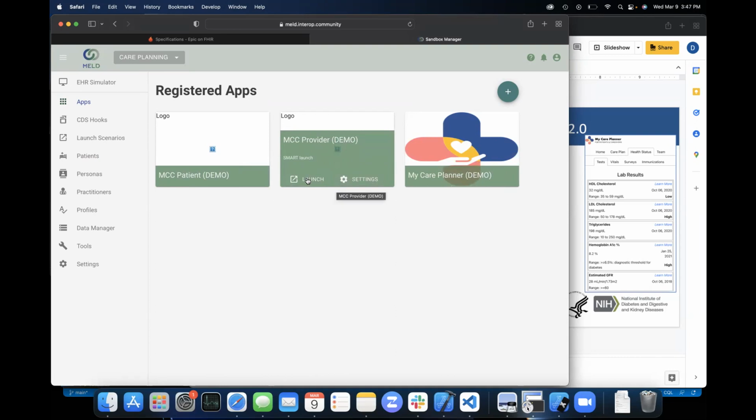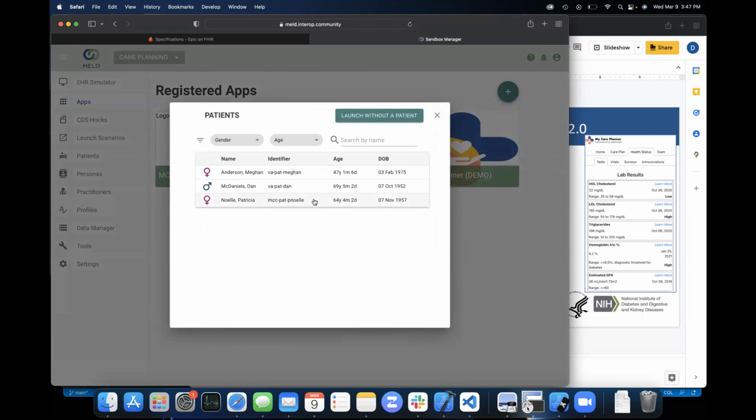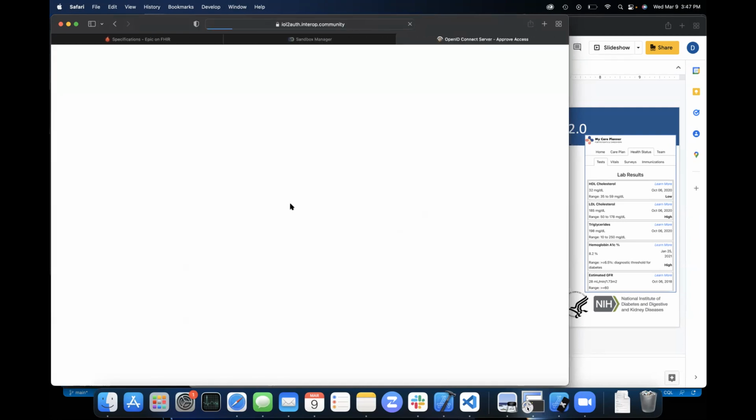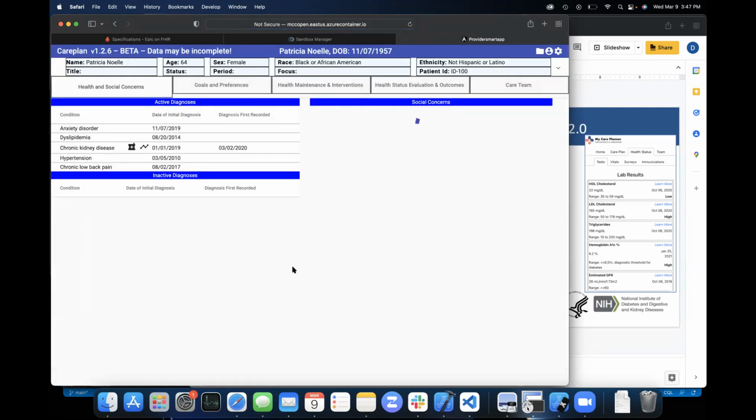But from the provider app, this is launching it as if it's a physician launching this application from a system like Epic or Cerner or Allscripts. And so launching the application within the EHR system, a SMART on FHIR app, that would be a sub pane from the EHR system. So this is the design that was created based upon mock-ups from NIH a couple of years ago. This is a SMART on FHIR application that is being tested, connected against a live Epic production environment within OHSU.